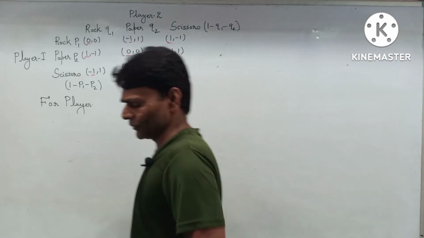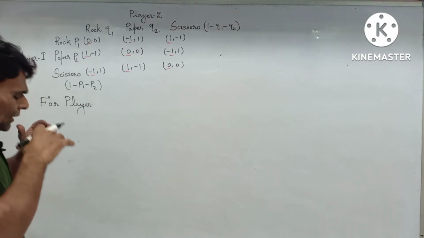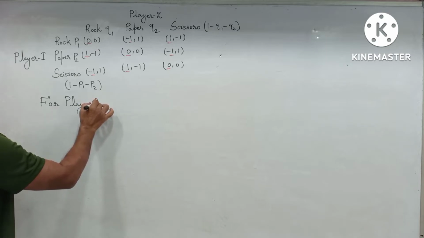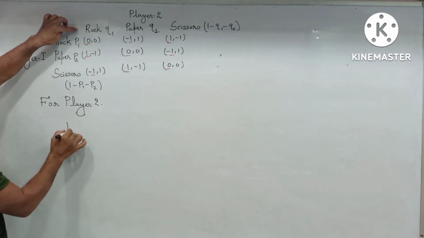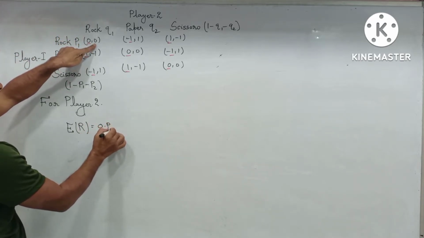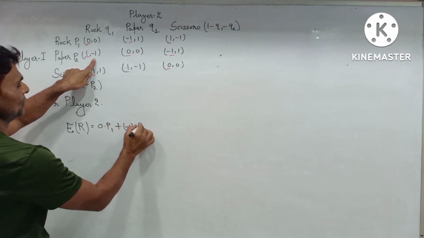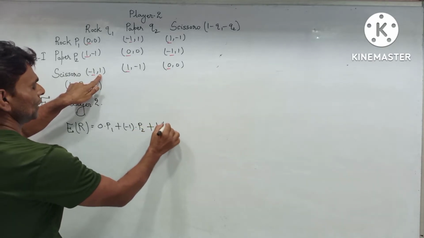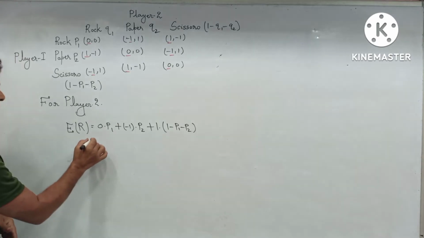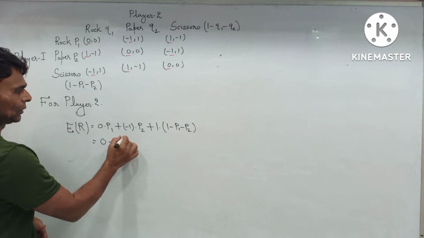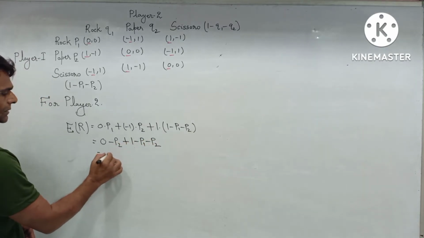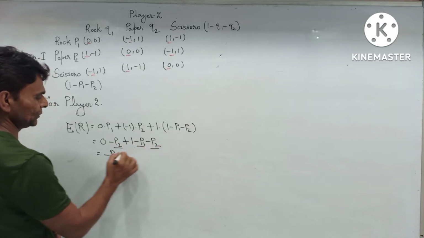Now you can see player 2 has 3 strategies, and the second number in each box represents the payoff going to player 2. For player 2, the expected value of rock R equals the second digit: 0 into P1 plus minus 1 into P2 plus 1 into 1 minus P1 minus P2. Similar work I am doing as we did for player 1. 0 minus P2 plus 1 plus 1 minus P1 minus P2,